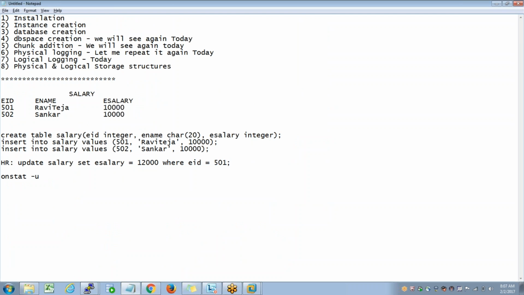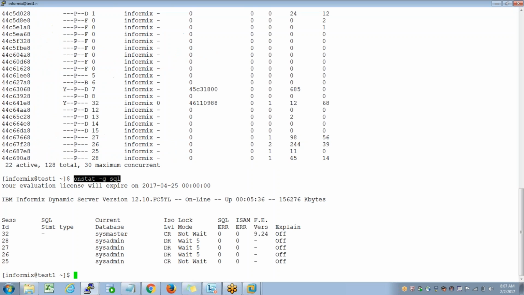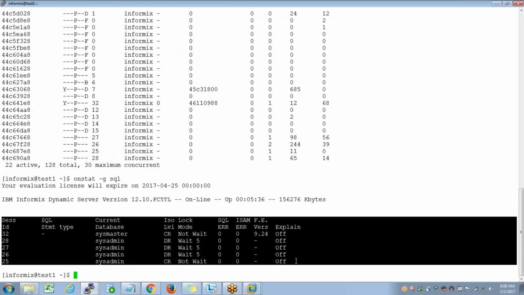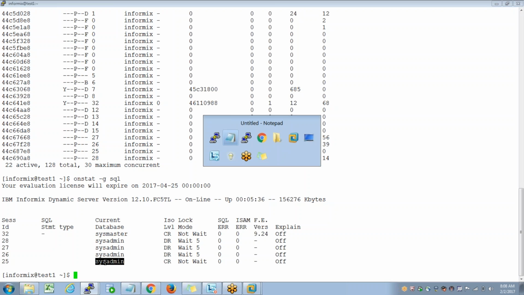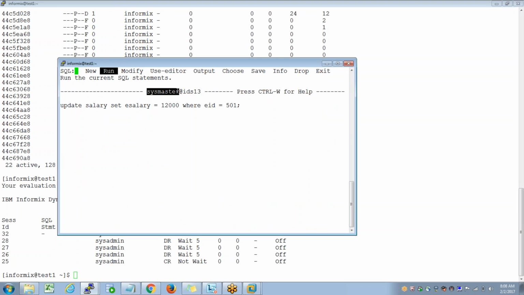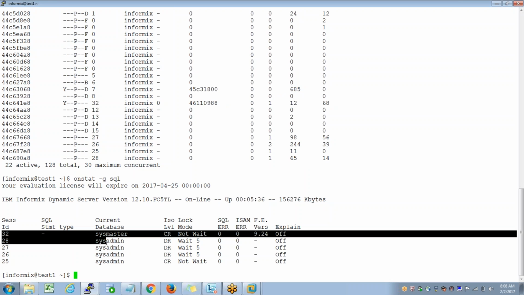onstat -u will show me all the user sessions, right? The important thing is you get a session ID. Then onstat -g sql shows the SQL the session is running. Okay. Now when I say onstat -g sql, these are all the sessions which are currently running any SQL statement, right? Now it shows what the current database is here. Now what is the database we have connected to here? Sysmaster. There is only one line which is associated with sysmaster,